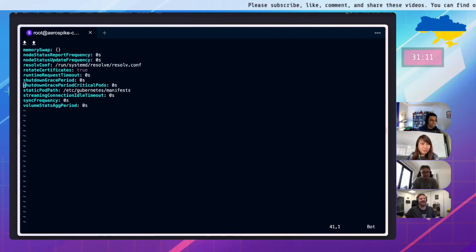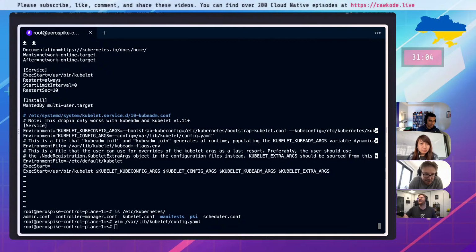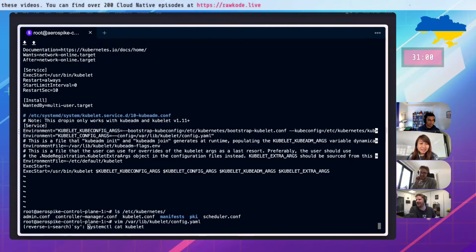Oh, that was it. That was it. You go, I saw it. Nice. Okay, there you go. Static pod path. We've ungoobered the cluster. I would definitely restart that kubelet again. Save yourself a few minutes.